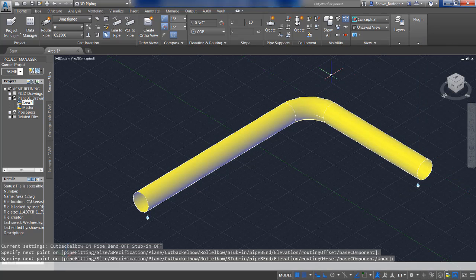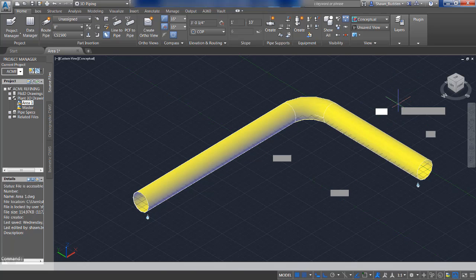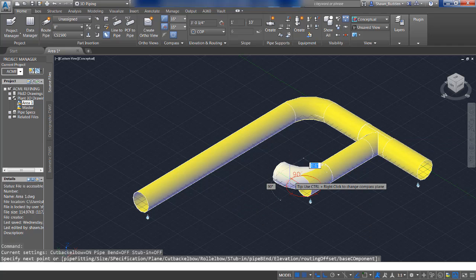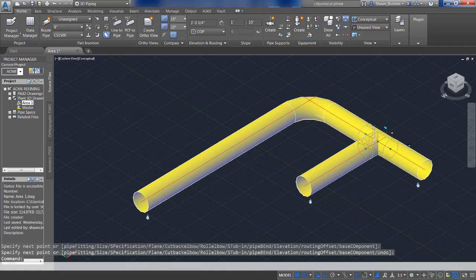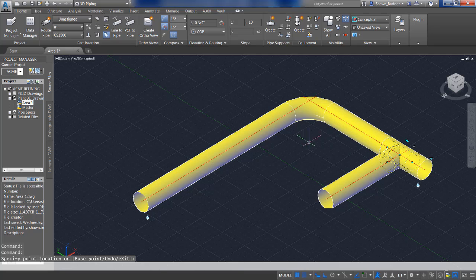Now, we have another grip that we can use. Whenever we actually click on the pipe, we can route from there, and we can use this plus sign here, and that's going to allow us to continue pipe routing from the middle of the pipe. And if you notice, it'll automatically put that T in there for you. And we can still use the move part grip, and we can move that down a bit, either dynamically or